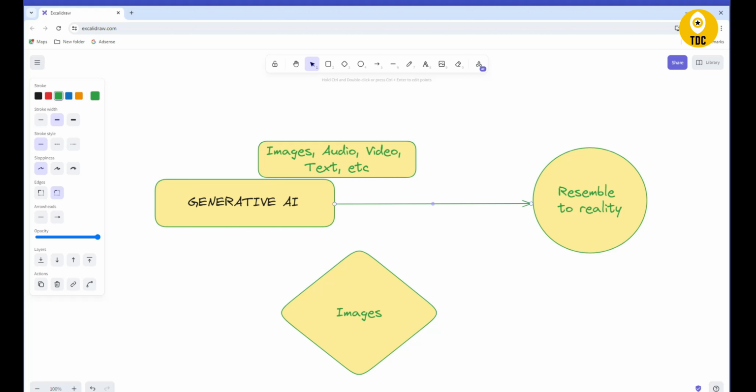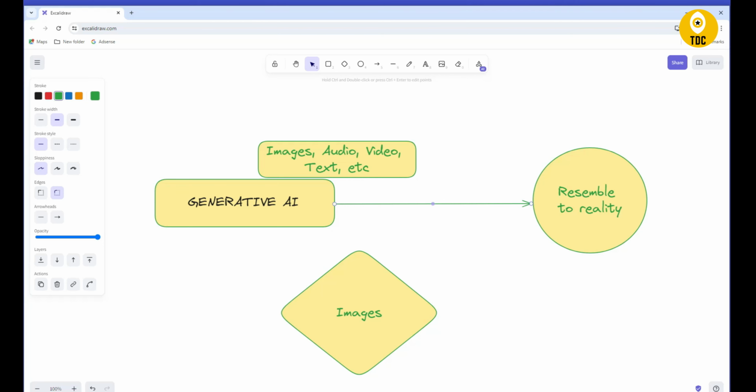You need to verify the facts and figures when you are using it. The quality of how closely it resembles reality depends on how the generative AI is trained, and how much data it is trained with. The more the volume of the data, the more accurate the results might be. And also there are different models, different techniques, that also make it closer to reality, right?